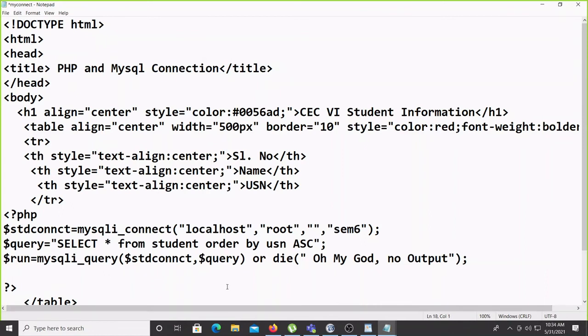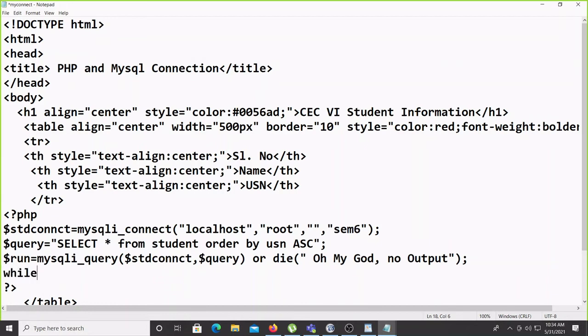Once the query is running, then we have to fetch all of the values. Once you want to fetch all of the values, we have to store them inside the array, and then one by one we have to display. So you use any loop, better a while loop.